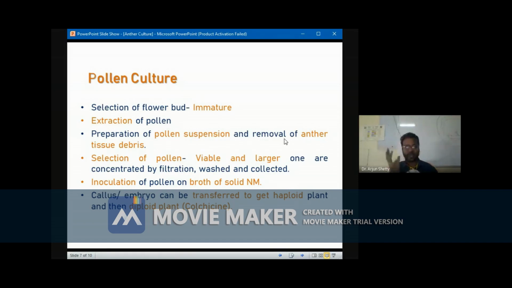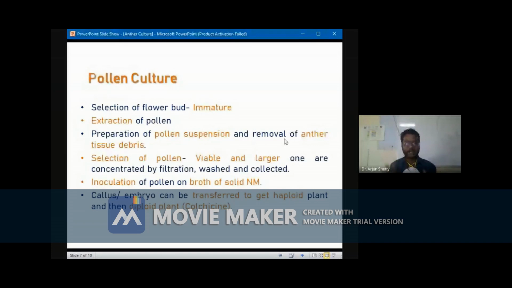Usually smaller pollen grains have a very low chance or rate of producing haploid plants, hence large pollen grains are preferred. So among the different pollen grains, we need to identify the size of the pollen grains which show a greater size. Those have to be selected, and they must be viable, meaning there should not be any damage and they should not be dormant. Only viable, larger pollen grains have to be selected,